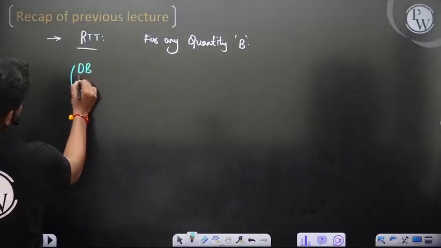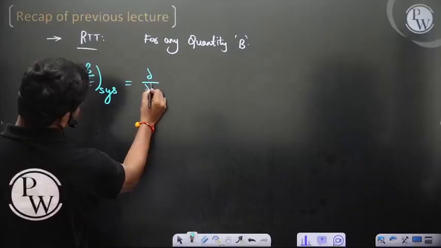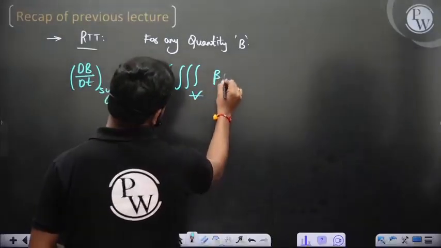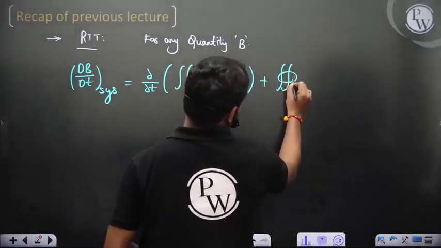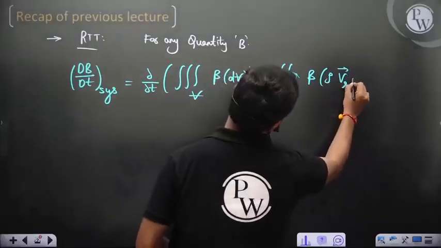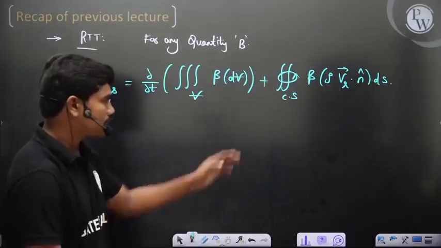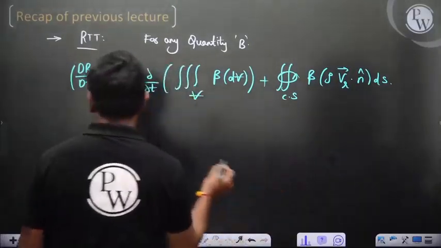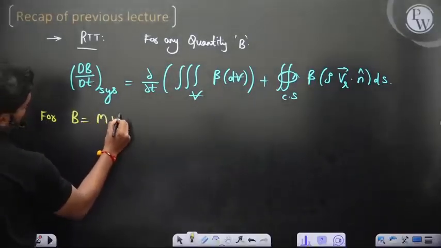So dB by dt of the system is equal to ∂/∂t of integral over the control volume beta times dV plus over the complete control surface beta times rho VR bar dot n cap dS. So this is what we have seen because this is the mass flow rate, so mass flow rate times B dot, which is cutting the cross section. So this is the RTT we have seen,